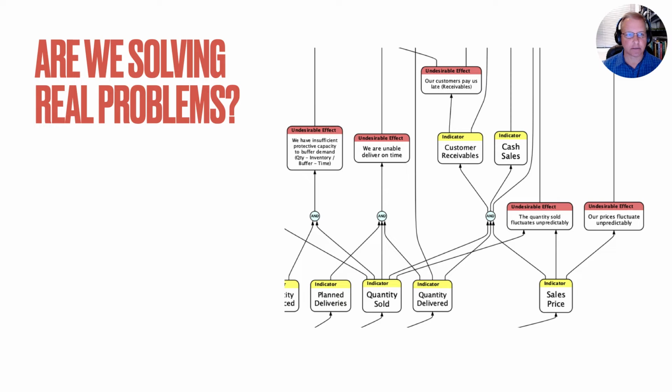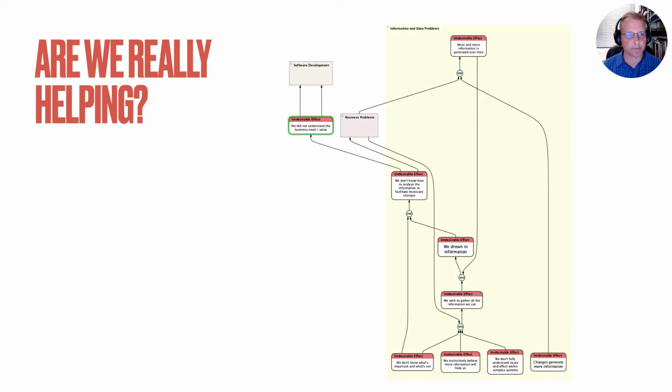So let's burrow down a little bit more into whether or not we're really helping the situation. So we're going to focus on, we didn't understand the business needs or the business values. Well, why is that? So let's read this from the bottom up. So we've gone through this process with people. We have figured out what the root causes are. Now you can read it top down like we've been doing, or you can read it from the bottom up, which we did a little bit ago. So